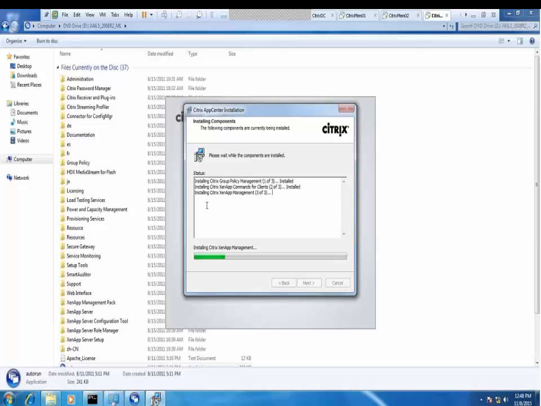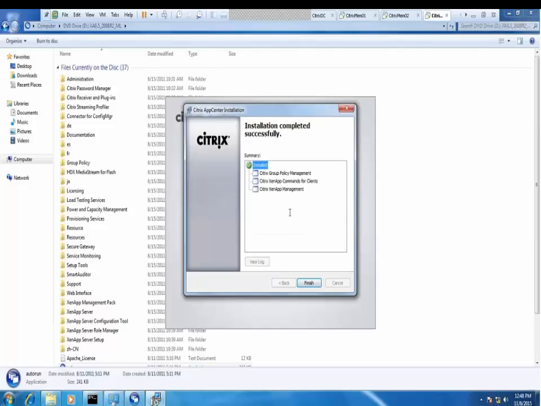And 3 of 3 is installing Citrix XenApp management. Guys, it is installed. If any one of you is trying to do that right now, and it does not install, and it might not install for you, why? Because